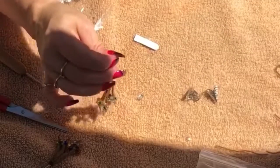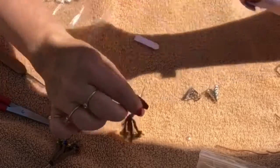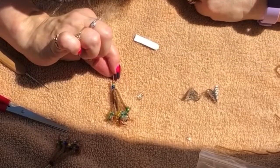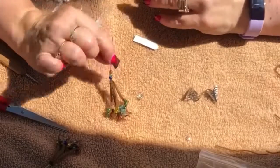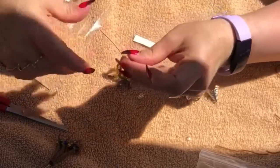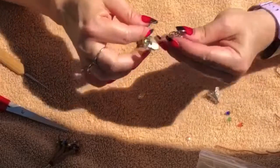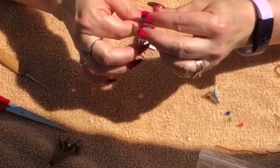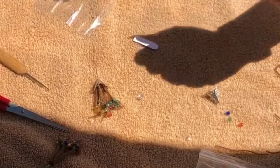Heck, you could even go like 3 beads. Depends how long you want it. So see, there's all different kinds of options with this. So I have decided I am going this way. Okay, so then